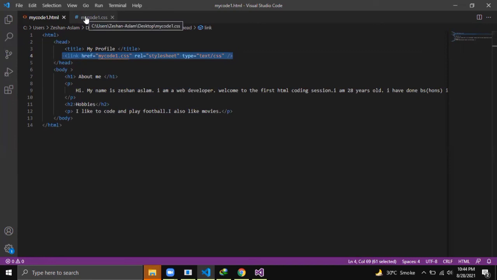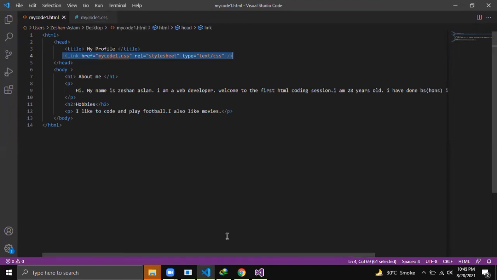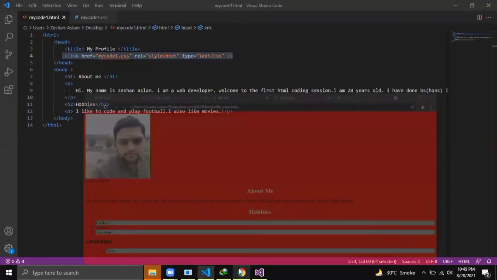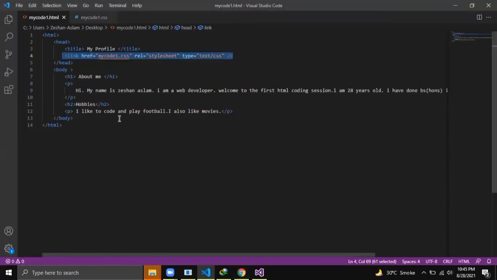Did you note all this information? Yeah. So in the next session, both of you will show me your code and the output of your web page, like this simple web page that we have just created. I will send you the video of this whole session. Okay. So that will be all for today. See you in the next session.